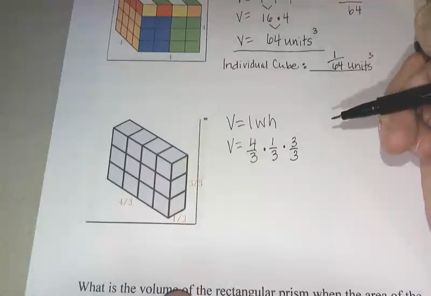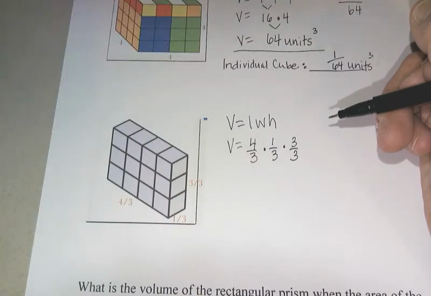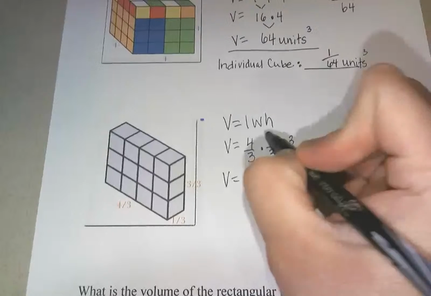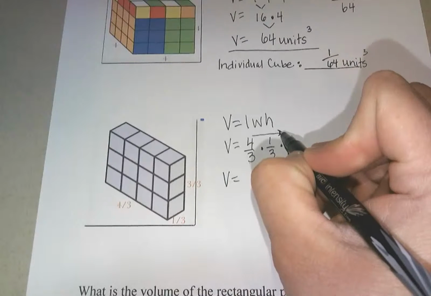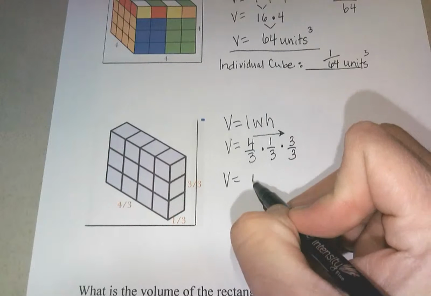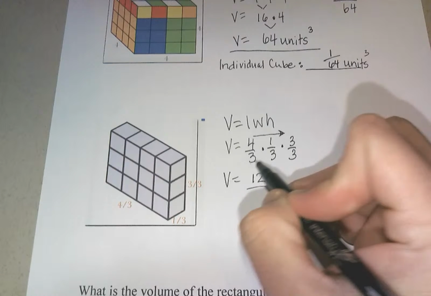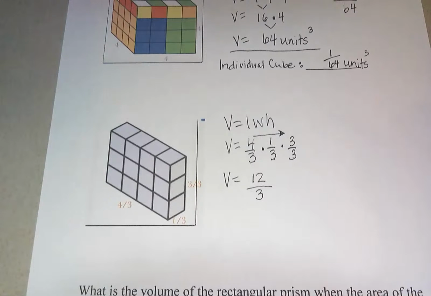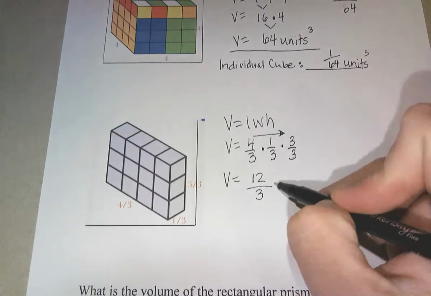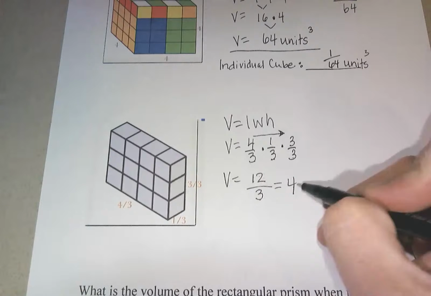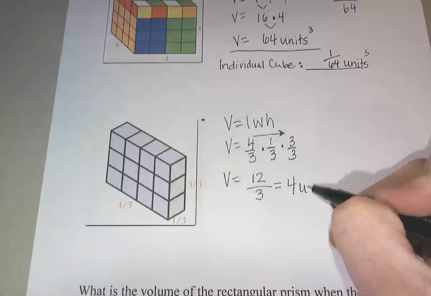So now all you got to do is multiply straight across. So if we do this, I know that, put a little arrow here. 4 times 1 is 4. 4 times 3 is 12. So I'm going to write my 12 here. And 3 times 3 times 3 is 27. And you know that 12/3 actually equals 4. So 4 times 3 is 12. And since there's no measurements, I'm going to write units